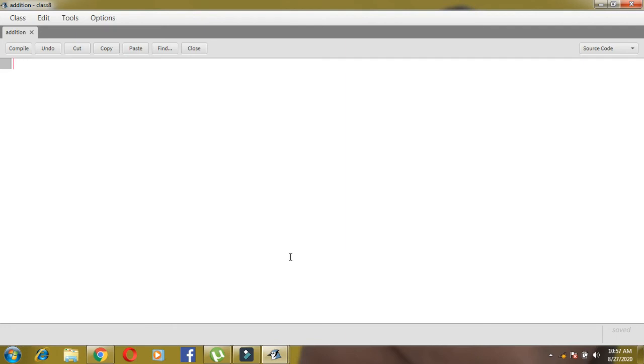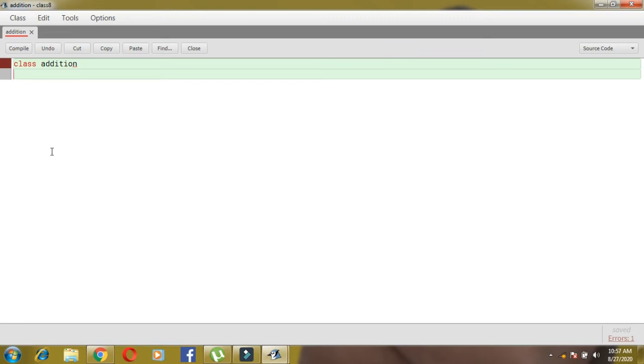Okay children. So children, first of all, the class name we have given is addition, you can see at the top also it's written in small letter. So the same thing you need to write, and class is a keyword, so in small letter you have to write class. Then addition. Addition is the name we have given. Okay, so the same case you have to write here, but class is a keyword, so you have to write it in small letter only. You can see it turns red color.